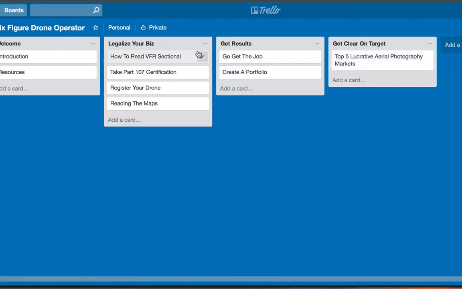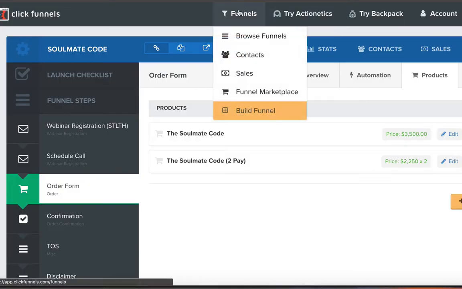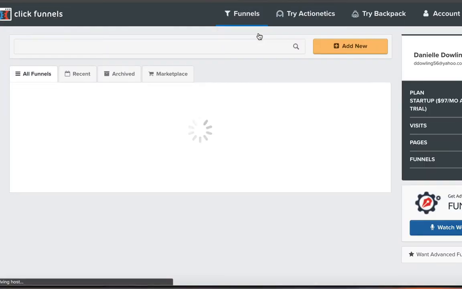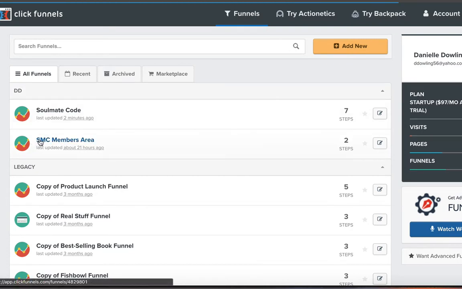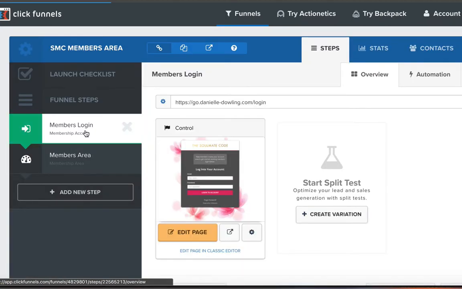What's really cool is this is almost exactly how it's going to turn out in ClickFunnels. So let's look at ClickFunnels again. Let's go back to Browse Funnels, and I've created a funnel called SMC Members Area, particularly for this product. Now you may end up with more than one funnel leading into this members area, which is why I've created a separate funnel for the members area. It's two pages. Inside you'll see an access area and a membership area where you actually have all the